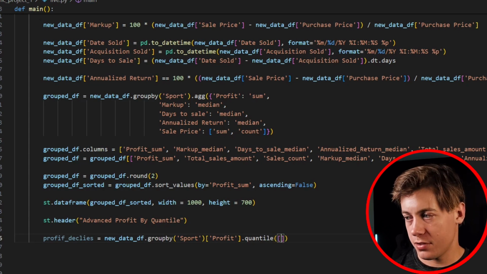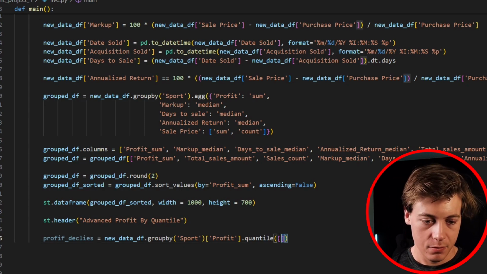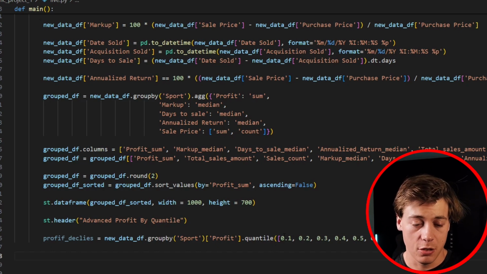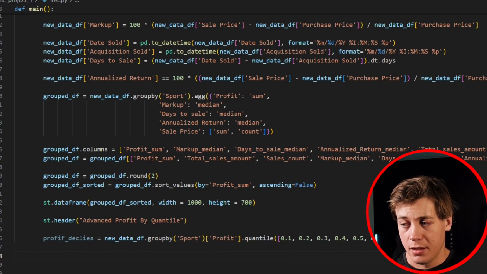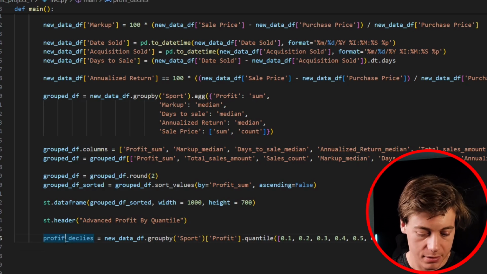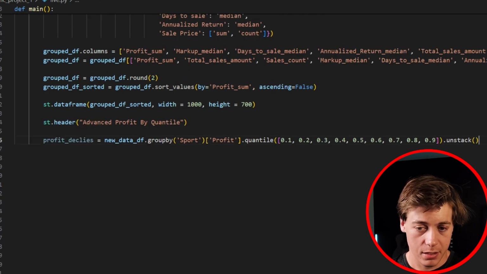I'm gonna just copy and paste what I had. This is gonna be a lot faster. And you saw also my source, or not source code, but the Streamlit app: 0, 1, 2, 3, 4, 5, 6, 7, 8, 9. Then unstack. Okay. Up next, what we're gonna do, and I can't even spell profit, but what we're gonna do next, if